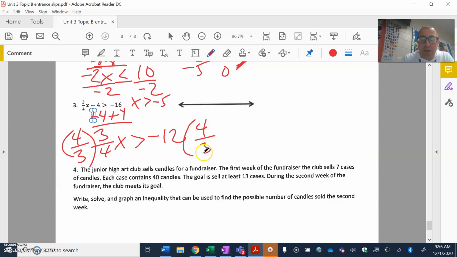Remember, that's our goal, to get that 1x. We're not flipping the inequality because we did not multiply by a negative. We multiplied by a positive 4/3. So make it into a fraction, a little cross division, multiply across, and there we are. X is greater than negative 6. There's my 0. There's my negative 6. Open circle, we're going to shade to the